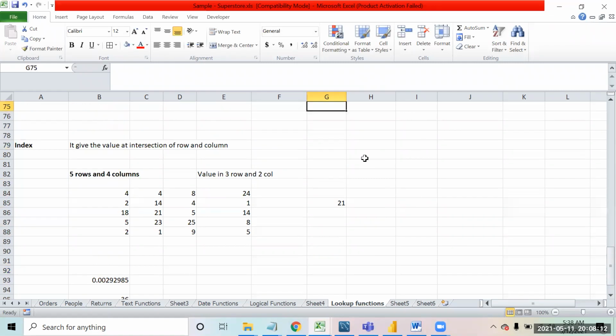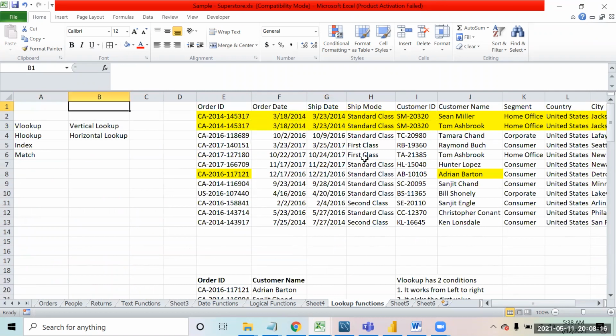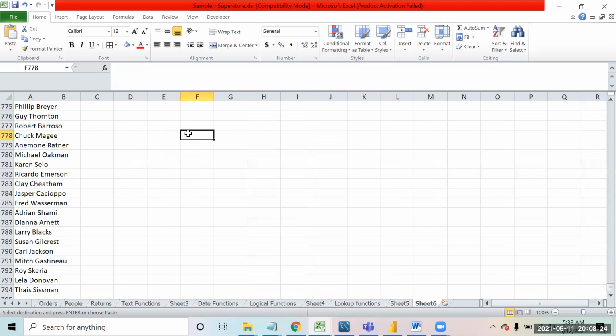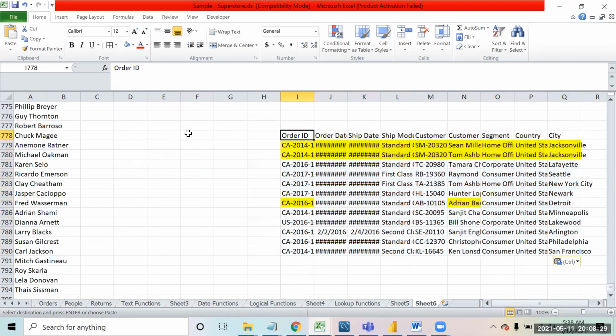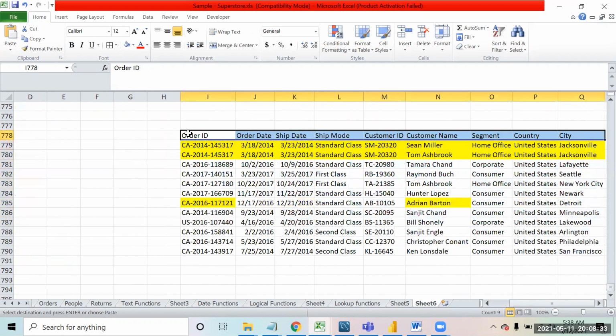So now again, I would like you all to give it a thought. Most of the formulas totally depend upon the logic. So I'll copy this data and paste it over here. Okay, now this is my data.